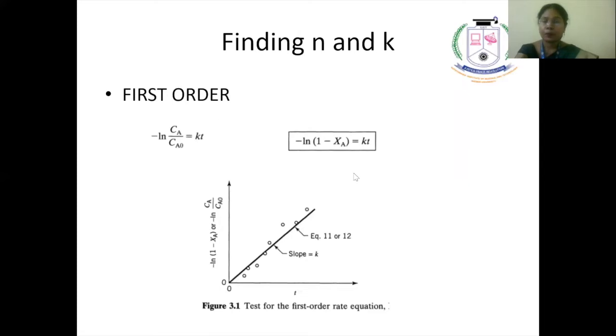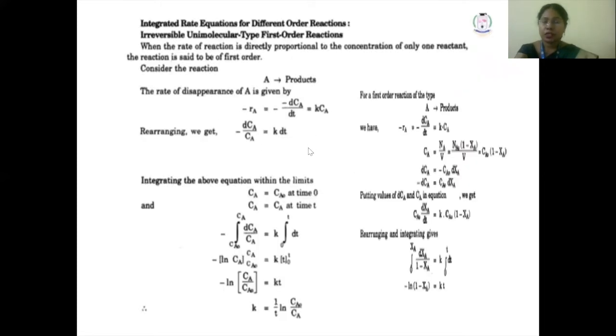Next is the first order. So the first order equation is derived thus: minus rA is equal to minus dCA by dt is equal to kCA. So the concentration terms can be grouped together. It becomes minus dCA by CA is equal to k dt. And substitute the limits, which are concentration CA naught at time t is equal to 0 and CA